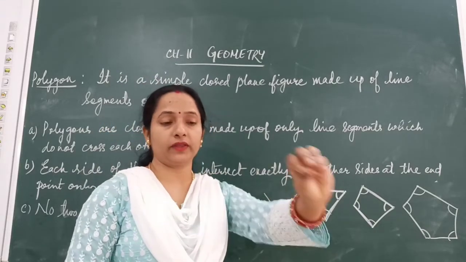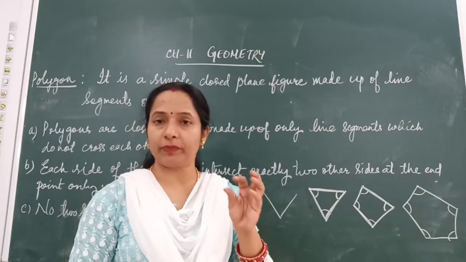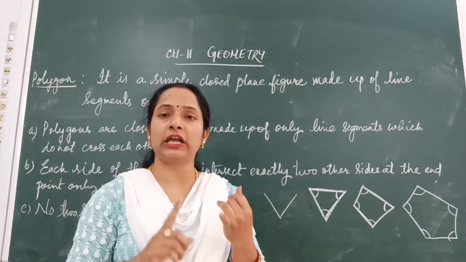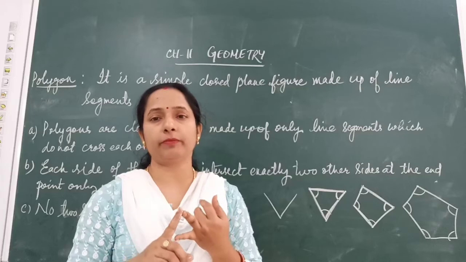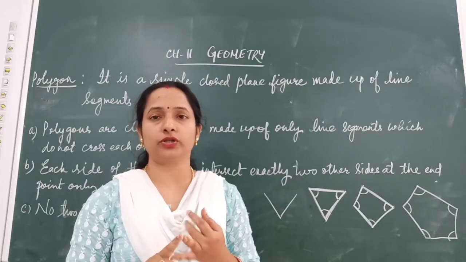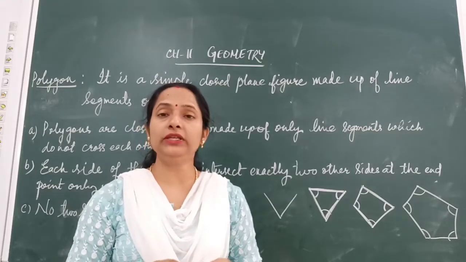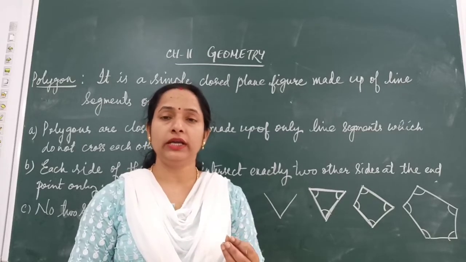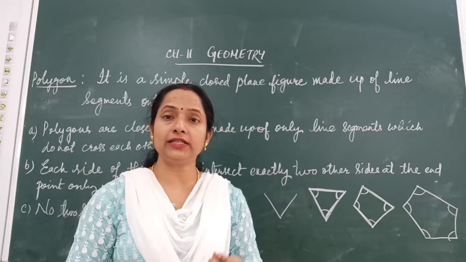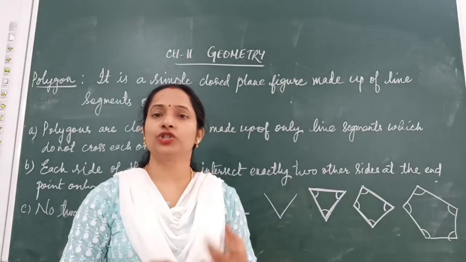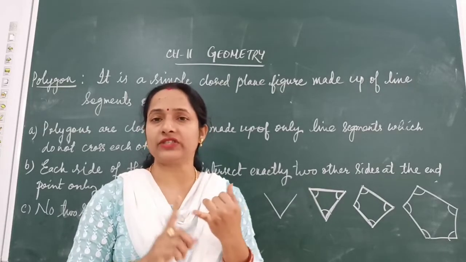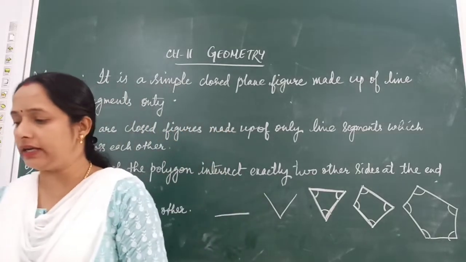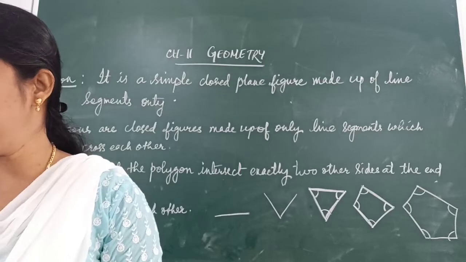So, with the help of the number of sides or by the name of the polygon itself, you can guess the number of sides of the polygon and the number of angles in that particular polygon. Suppose you are asked how many sides and how many angles you have in a heptagon. Heptagon means it is a polygon with 7 sides. So, this particular polygon will have 7 sides and 7 angles in it. So, this is the way you can identify the number of sides and angles.